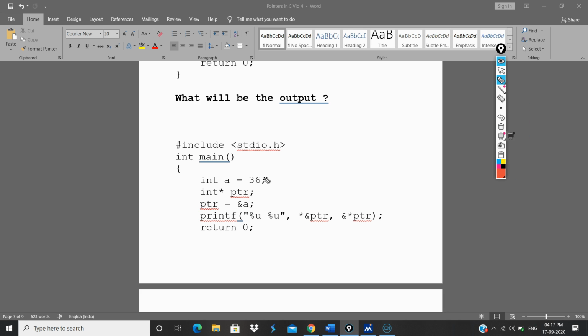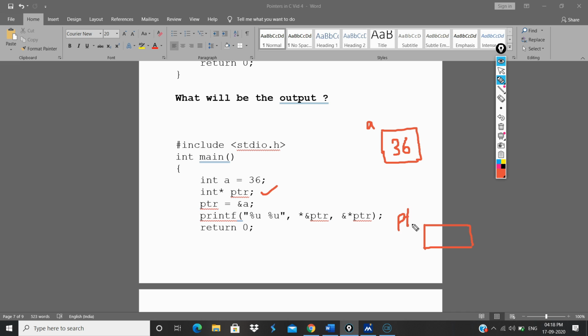So here a is equal to 36, which means there will be a box and it will contain 36 and be accessed with the variable name a. Now we have declared a pointer int *ptr, which means there will be a ptr box here.